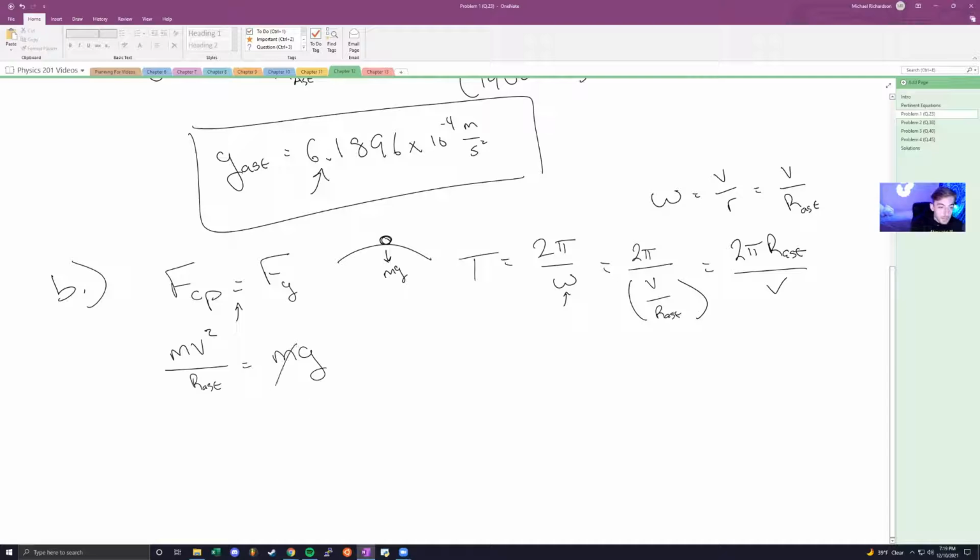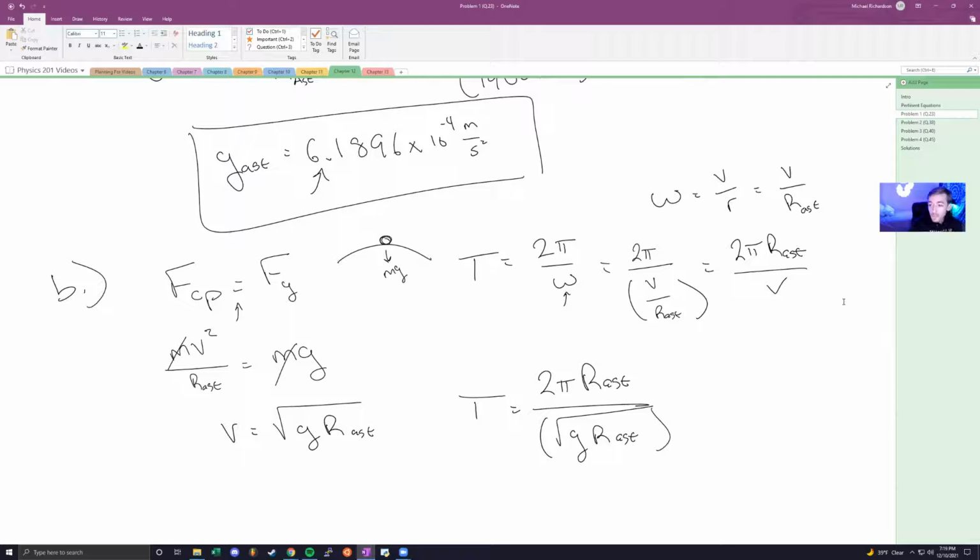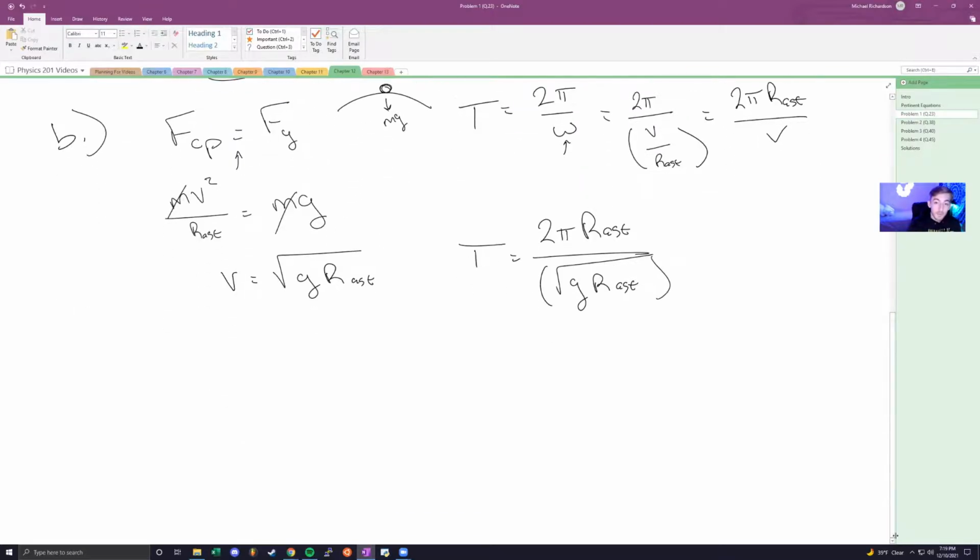So taking away this mass, then we get that our velocity is going to be equal to the square root of g times the r of our asteroid. Making some substitutions into our period, we get that T is going to be equal to 2 pi times the r of our asteroid divided by the square root of g times the r of our asteroid. So at this point, we can start to plug in numbers because we have our period in terms of quantities we have already solved for or were given. So this comes out to be 2 pi